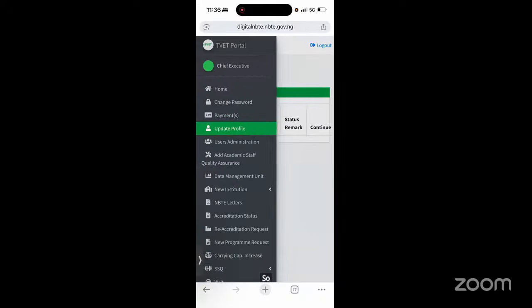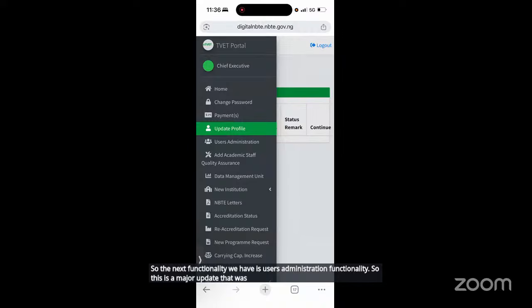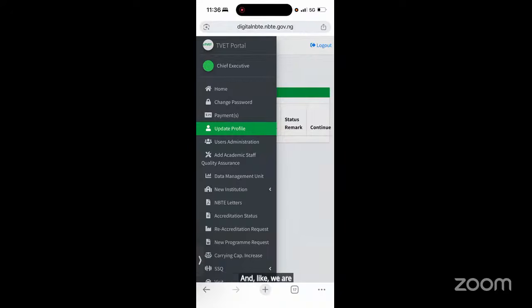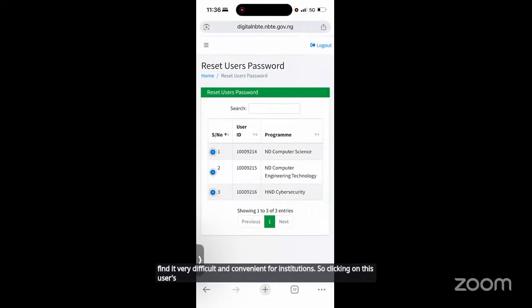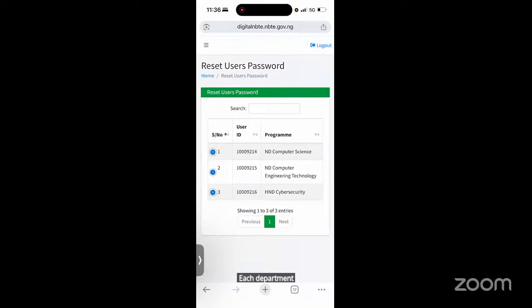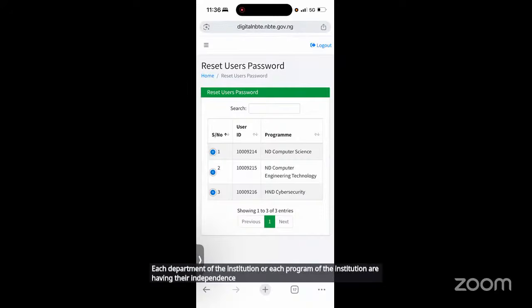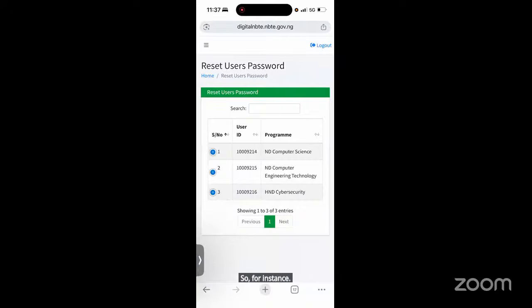So the next functionality we have is the users administration functionality. This is a major update that was done to the digital platform with the suggestion of the Director ICT, Dr. Babangida Albaba, and we have found it very convenient for institutions. Clicking on this users administration, each department or each program of the institution has its own independent login credentials. For instance, when an institution has requested for either carrying capacity increase, accreditation, or request to mount a new program,